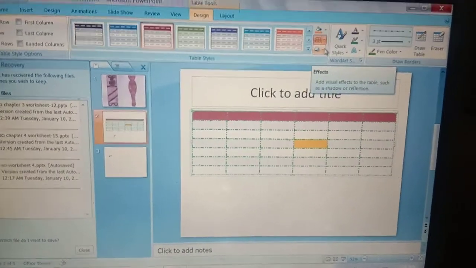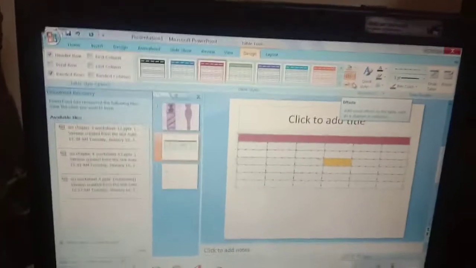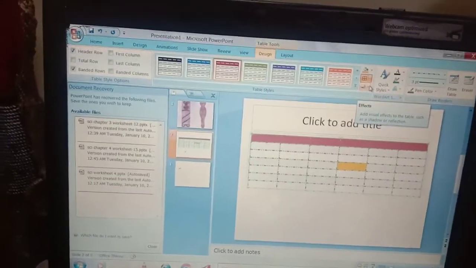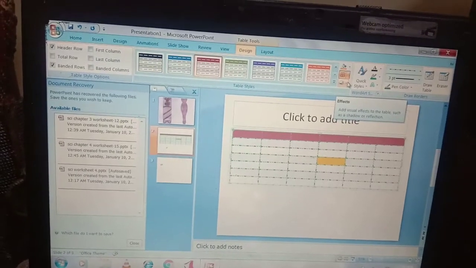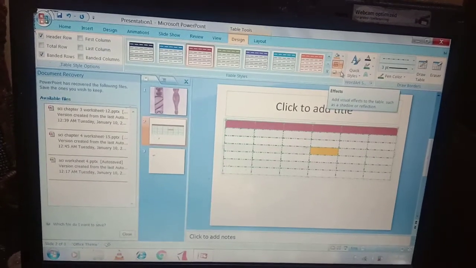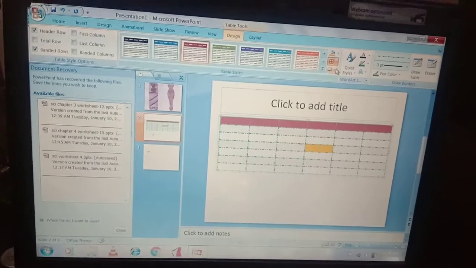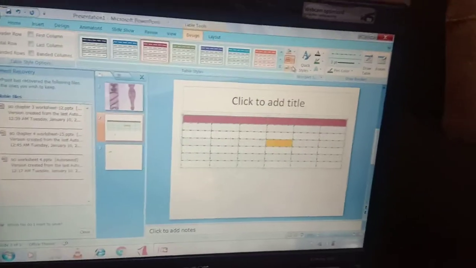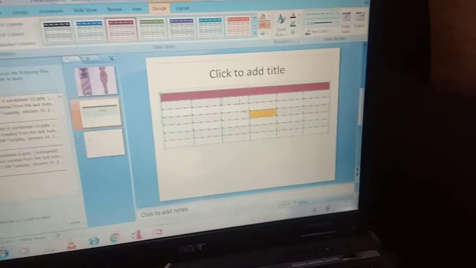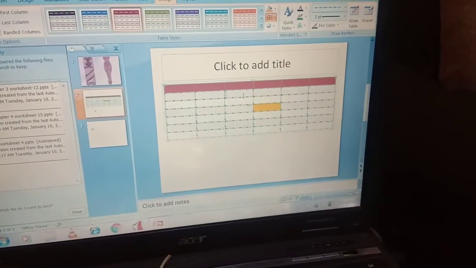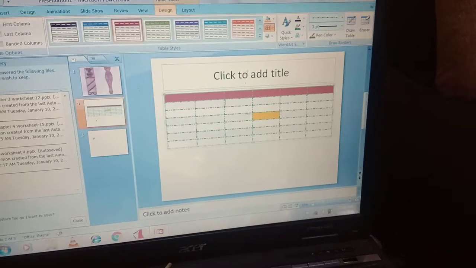So student, here we learned about the different tools present in the table tools. Now one more thing I want to clear. This is a row. Can you see this? What do you mean by row?